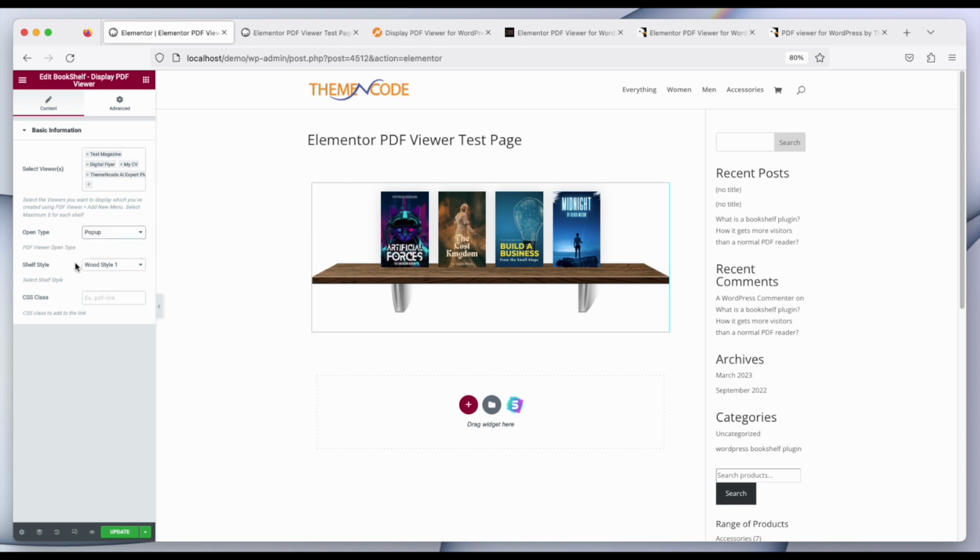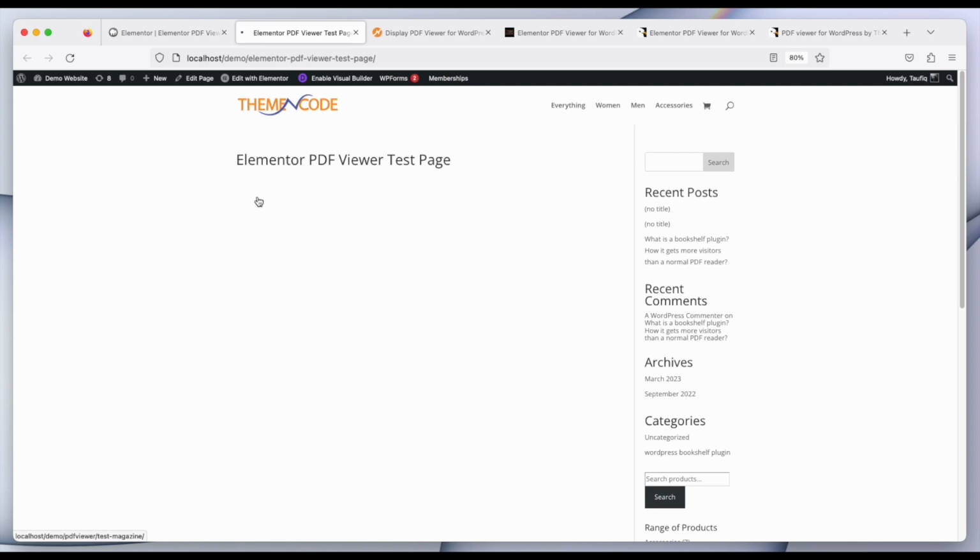Now there are 4 types of shelf, wood style 1, 2 and glass style 1 and 2. I am giving the wood style 1. You can put any CSS class here to add the CSS later. So when I click update, let's check out in our page,